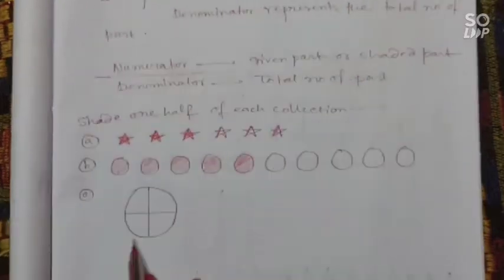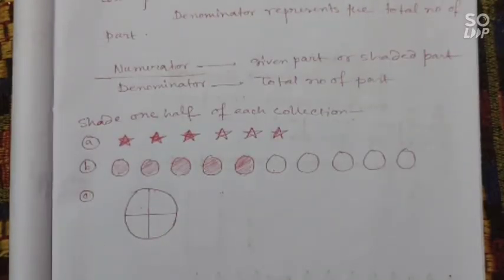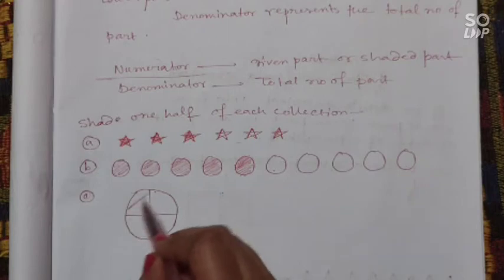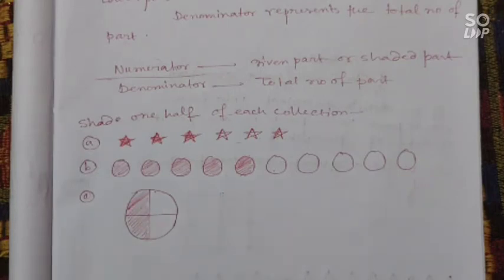And in this figure 1, 2, 3, 4 parts are there. You have to shade 1/2. That means you have to divide 4 by 2. 4 divided by 2 gives 2. So you have to shade here 1, 2 parts. Okay,